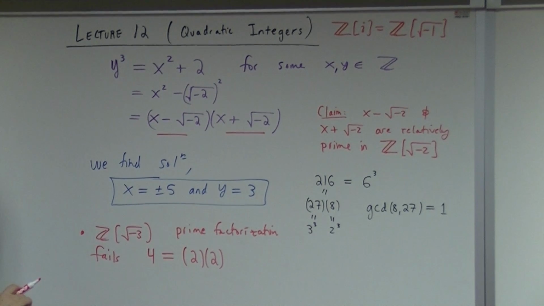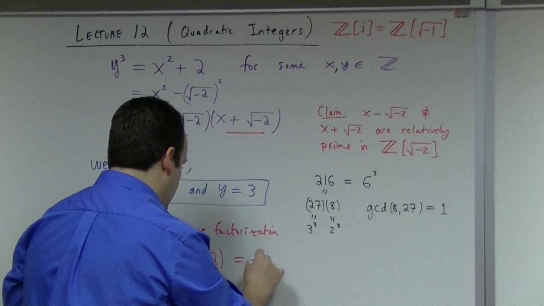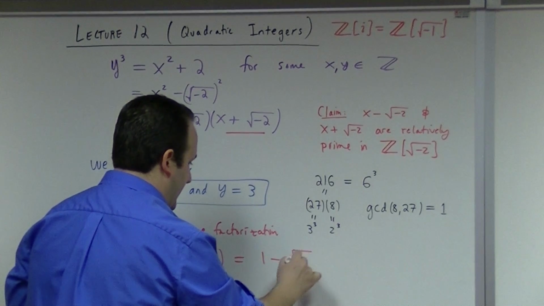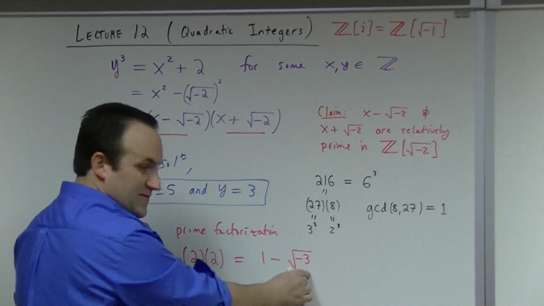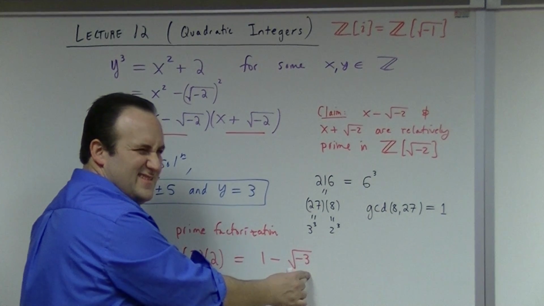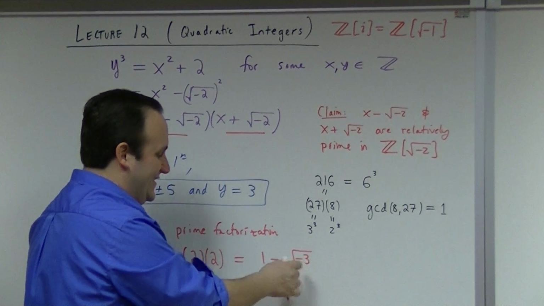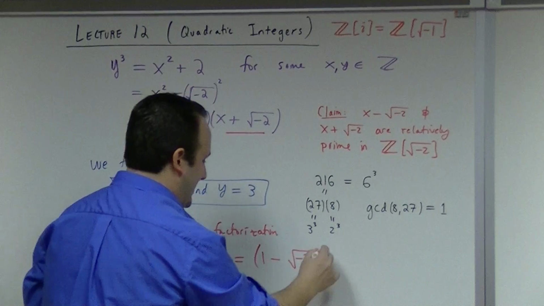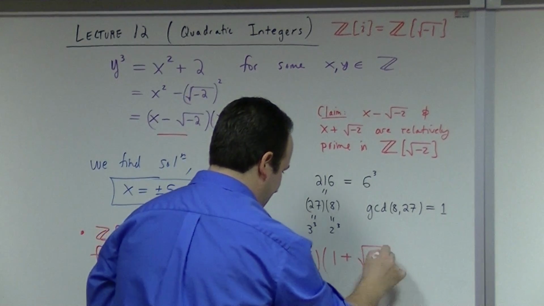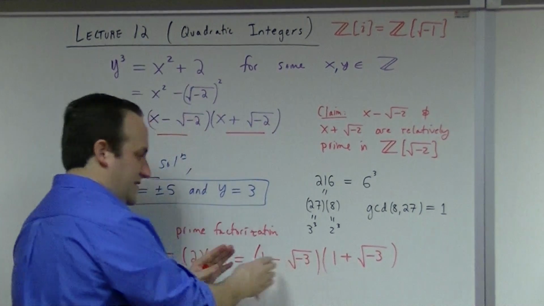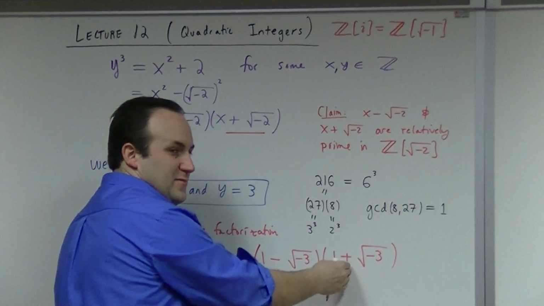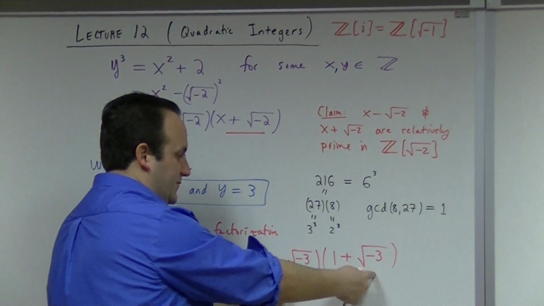True. 1 minus square root of -3 times 1 plus square root of -3. Yes, it's the square root of this squared. Just write it down. So you see you get a minus from the plus minus, and you get another minus from the square of these guys,